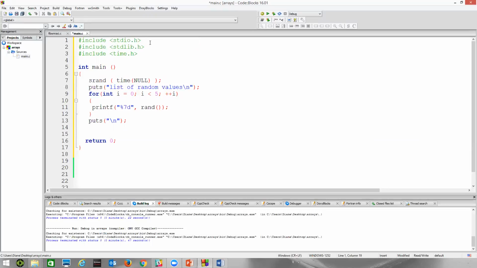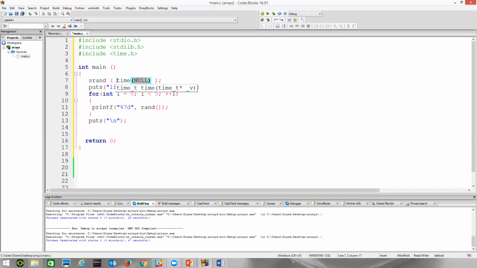All right, so we're using standard IO for the printf and the puts. We're using standard library for the call to srand and to rand, and then the time library because we're going to call this function time. Right. So here in main, I'm going to seed the random number generator by calling the function time. So this function does require that we pass this NULL to it. NULL is defined in C. Right? We pass NULL to it. Think of NULL as nothing or 0. Right? This is going to return a time since